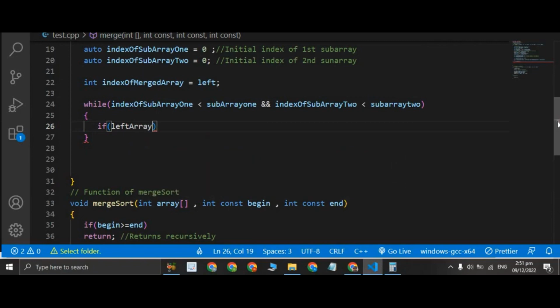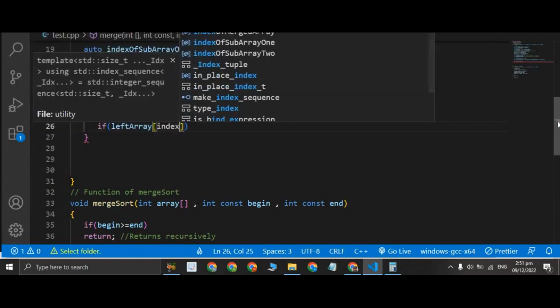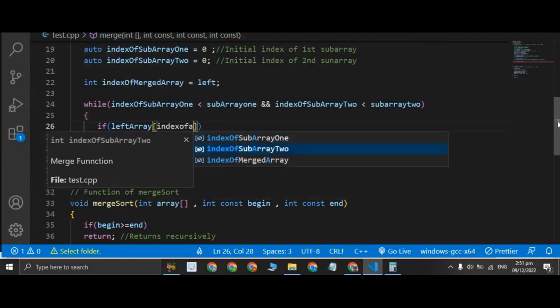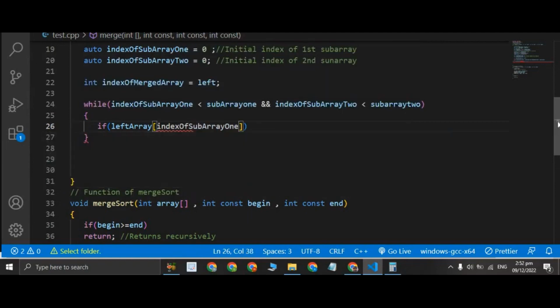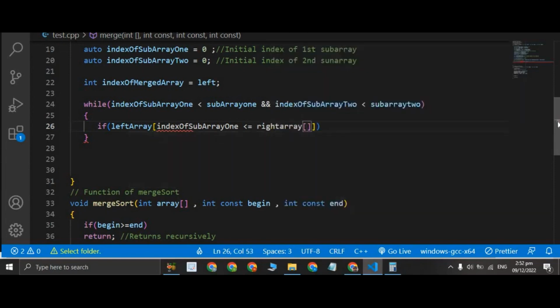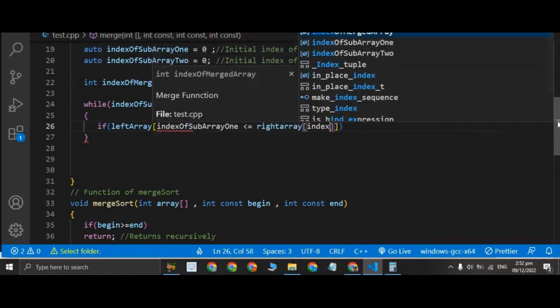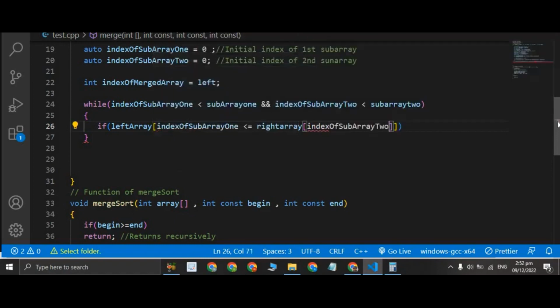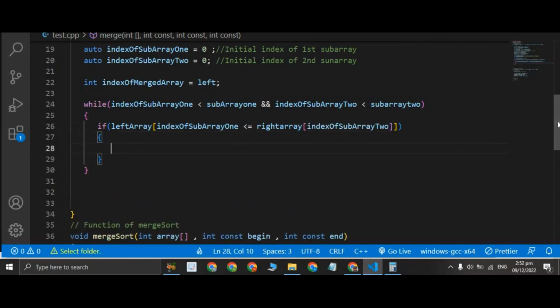Our left array and then index of our sub array 1 is less than or equal to our right array, and then index of sub array 2. So if this condition is true,